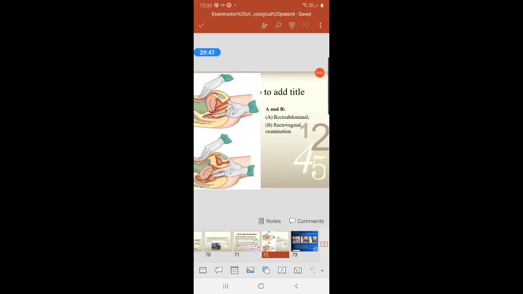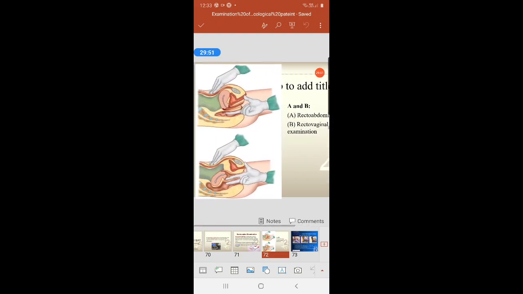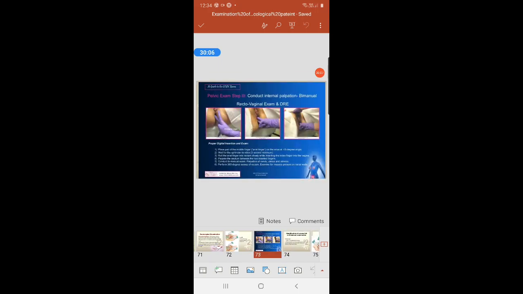See here the method of recto-abdominal and recto-vaginal examination. Recto-abdominal means one finger in the rectum, the other on the abdomen, and recto-vaginal means the index finger in the vagina and the middle finger in the rectum. And the bimanual examination also is done simultaneously. So coming to the